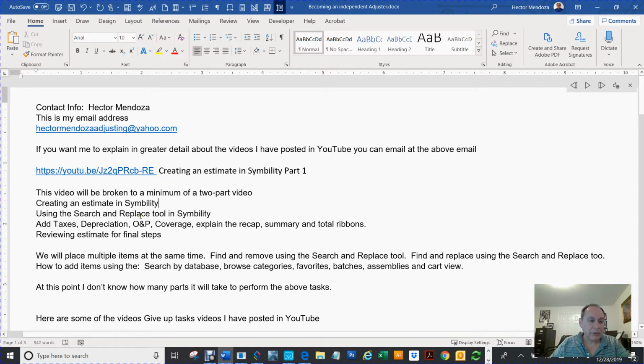So I've already added the stuff to Symbility. If you watched part one of this video, here's the link. This will show you how to add the stuff into your estimate. Now what we're going to talk about is, I'm not too sure if we'll get into it in this particular video, using the search and replace tool, but we're definitely going to talk about adding taxes,